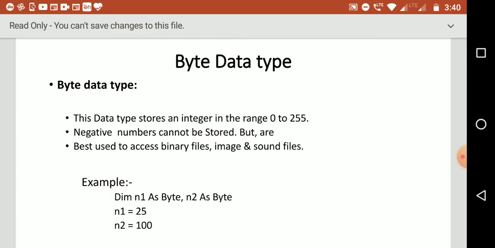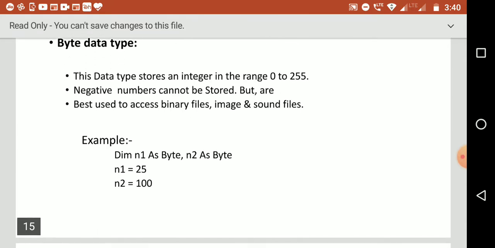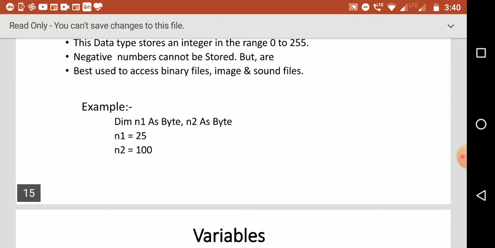No value less than 0, so no negative values can be stored in the byte data type. This can be best used for accessing binary files, images and sound files. This is the example what you are seeing. This is how a byte variable value can be declared using the byte data type.